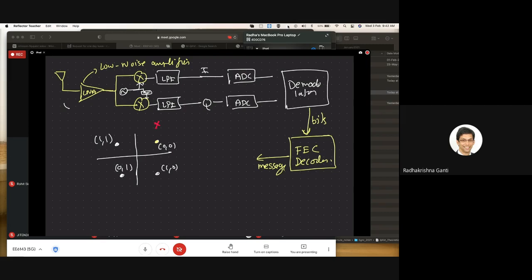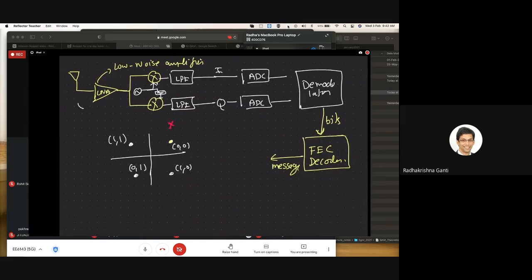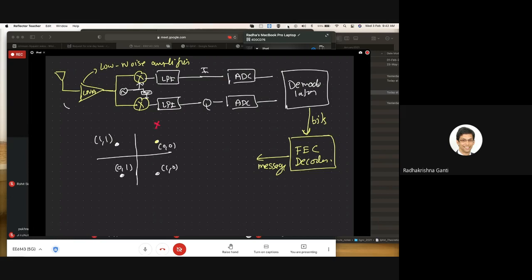From the high level, there are a few things I want you to keep in mind. Baseband is a complex number. That's the first thing I want you to think about. You have bits which come out of your FEC. You map to modulation. The modulation output is a complex number which you transmit, through an IQ modulator. Similarly, on the receive side, you get a baseband signal which is a complex number, I and Q.